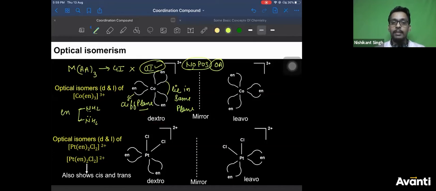All rings do not lie in the same plane. Right? Will they remain on the same plane? No. Why will they remain on the same plane, Pranav? Just now we discussed, no. There is one ring like this. The other ring is like this. So these 2 rings are lying in the vertical plane. Then the third ring is lying in the horizontal plane. Right? So how are the 3 rings in the same plane? They are not in the same plane. So obviously we are saying there is no plane of symmetry.